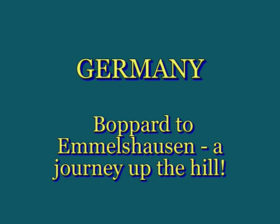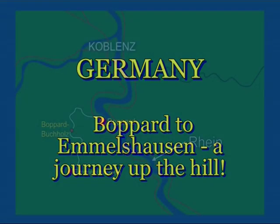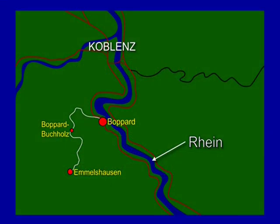The branch which runs out of the Rhine Valley at Boppard is arguably one of the steepest operated on the German standard gauge network, with gradients as steep as 1 in 16, and is today more commonly known as the Hunsrückbahn. The line's starting point at Boppard is situated next to the